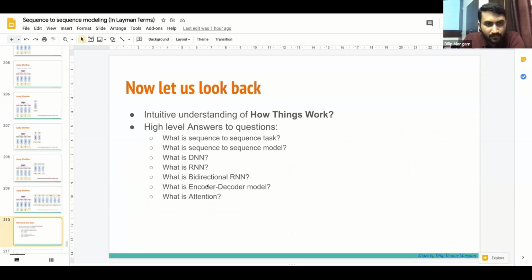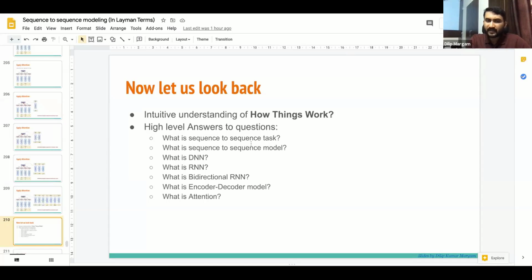Let's now look back. Did we get an intuitive understanding of how sequence-to-sequence modeling works? Do we now have high-level answers to the questions: What is a sequence-to-sequence task? How is a sequence-to-sequence task modeled?